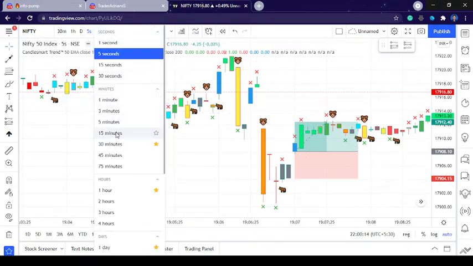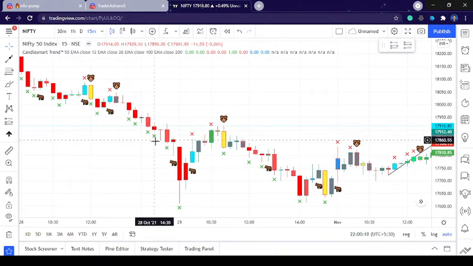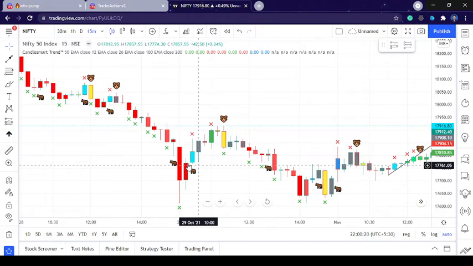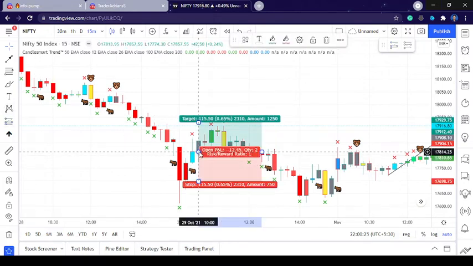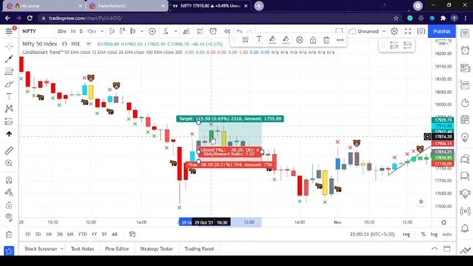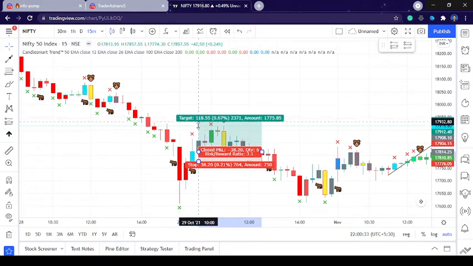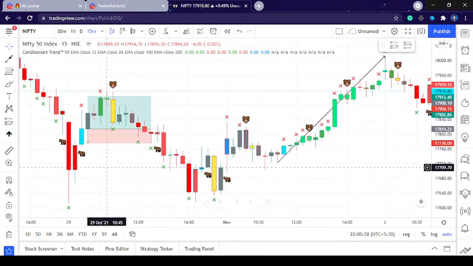So let's go for 15 minutes. On 15 minutes, see here nice order blocks formed and they got a reversal, and after the reversal you can trade. If some order blocks are left out, you can trade. You don't have to wait for the reversal and see what is happening with a green candle too. But if it's a green candle, it will be more convenient. It is like 1.1:2 you can make, a simple thing.